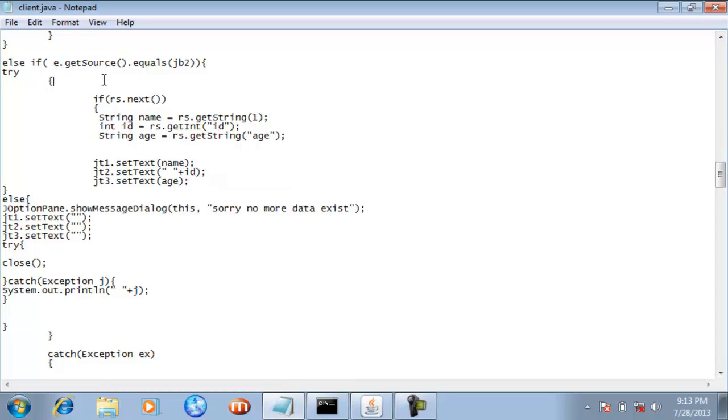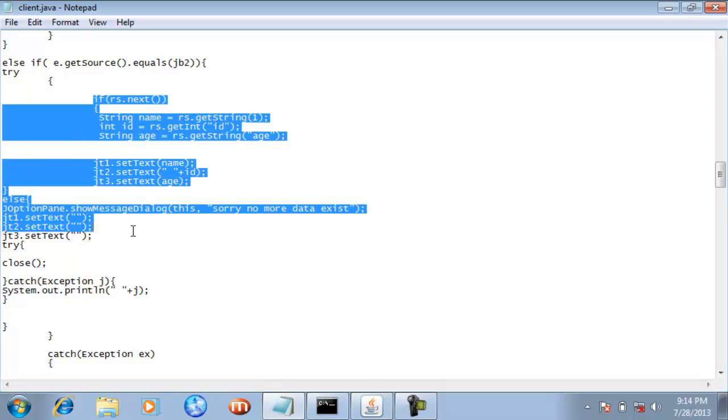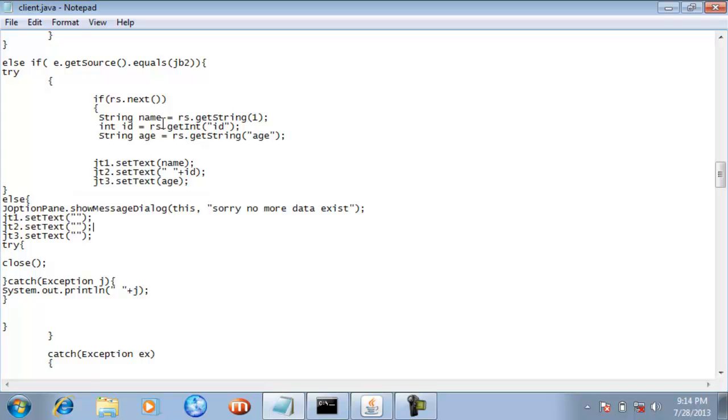So guys, we have already created the link and we have also executed our SQL query, and the result is displayed inside the RS object. Inside this else if block, we have used this try and catch block, as you can see here. Inside this try block, I have directly extracted the information from that rs named object with the help of this if and else statement. So see how we are extracting the information.